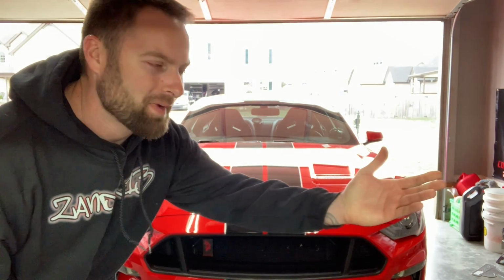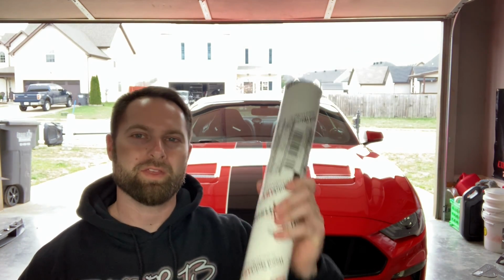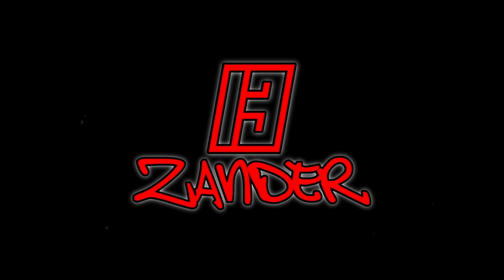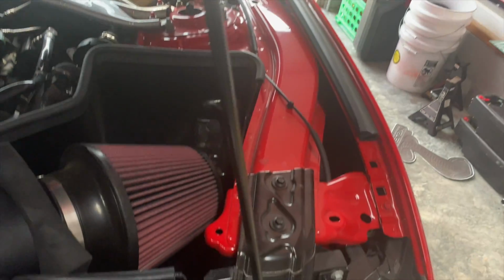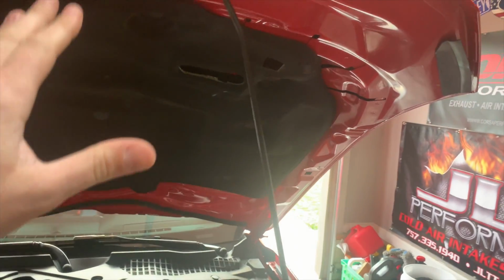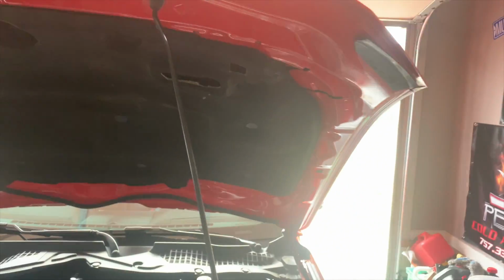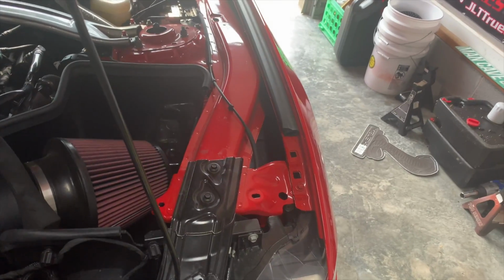All right, today we have my 19 Mustang behind me, and we're gonna fix something that I absolutely hate about all of these Mustangs, pretty much all of them ever made, with this. Yes, this ugly mess right here. This thing that has plagued all Mustangs pretty much since their existence. I do not know why Ford still does these stupid prop rods, but that is what we're going to tackle